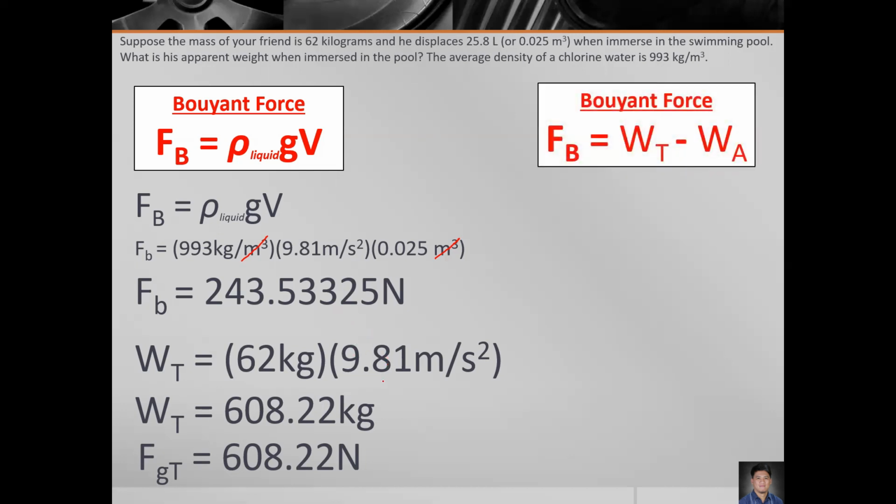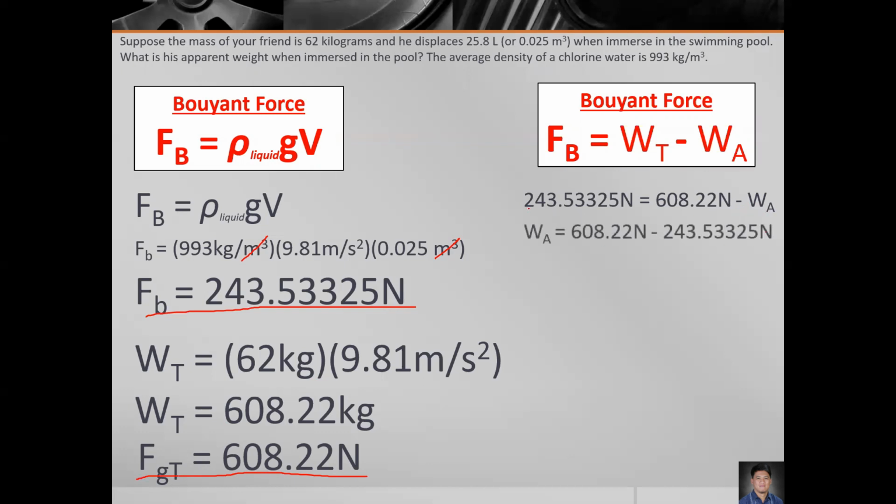Using buoyant force is equal to the true weight minus the apparent weight. So substitute 243.53325 Newtons, which is the buoyant force. Then equal to the true weight, which is 608.22 Newtons minus the apparent weight. So let's simplify our equation. So apparent weight is equal to 608.22 Newtons minus 243.53325 Newtons. So subtract the two, you can have a value of